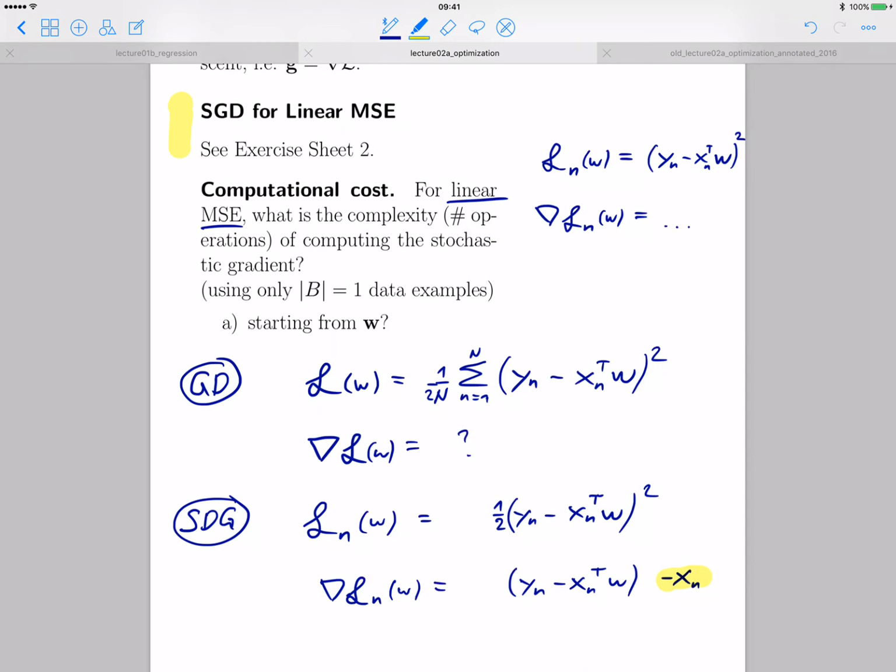This is a vector, right? And this is also a vector. They live in d dimensions. Okay, that's just to clarify that. So now I have this vector, which is the gradient of the nth data point. Now I can use that to get the gradient of the whole objective, and that's very easy because sums of gradients are just gradients of sums and the other way around. So it's not hard to verify that